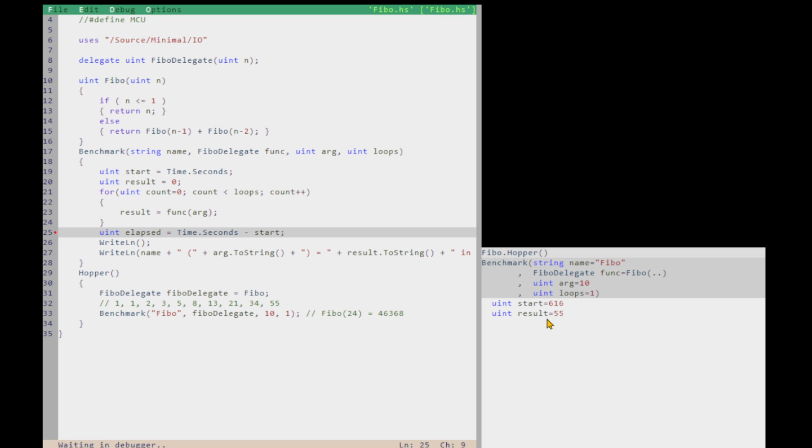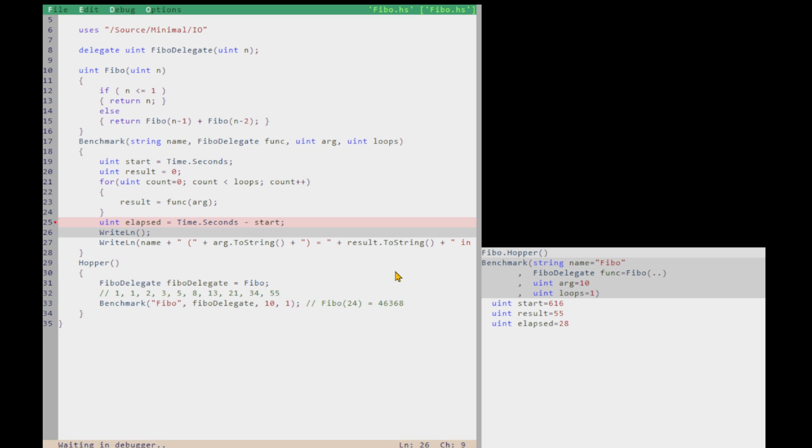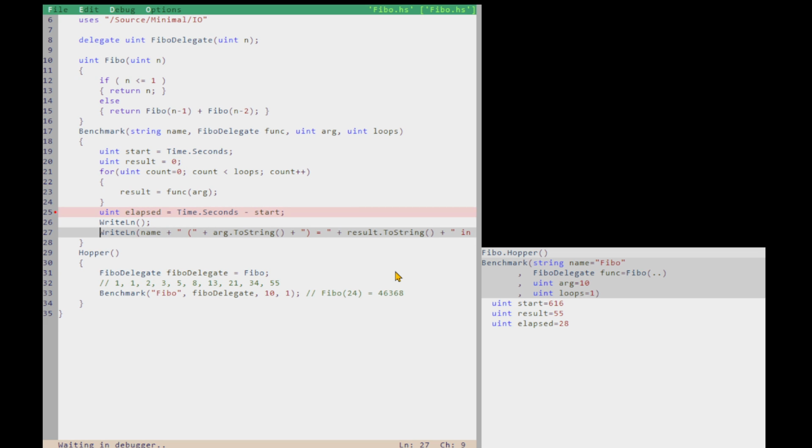The result is 55, which is what we expected because Fibonacci 10 is 55. And then we can carry on stepping there. And I can step into these. So if I step into this Reitlin with the toString,